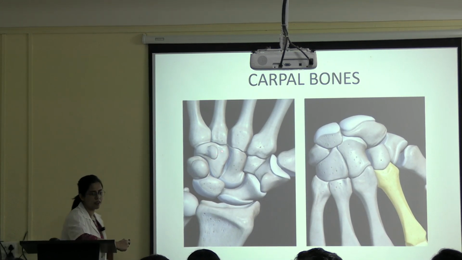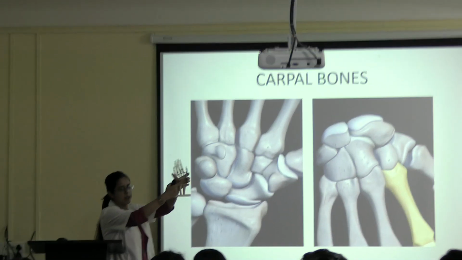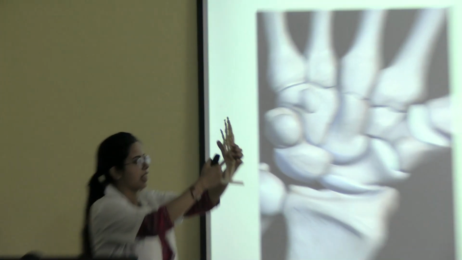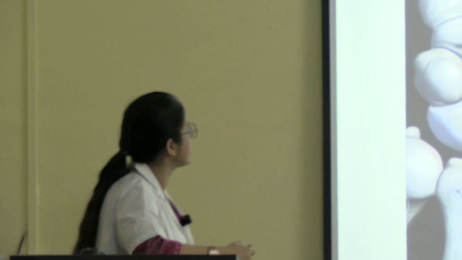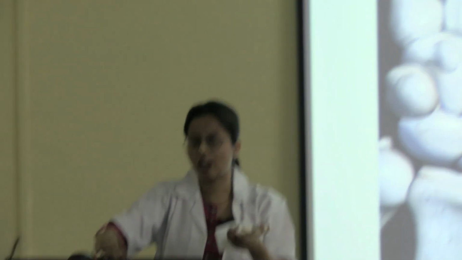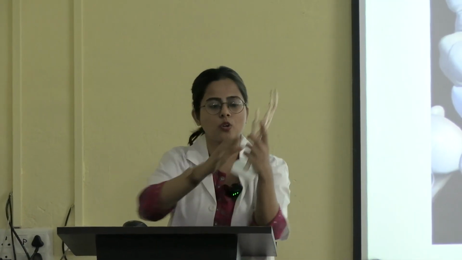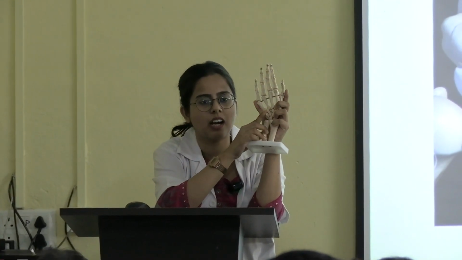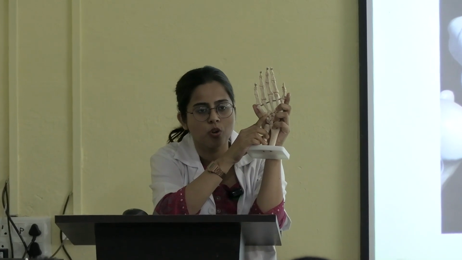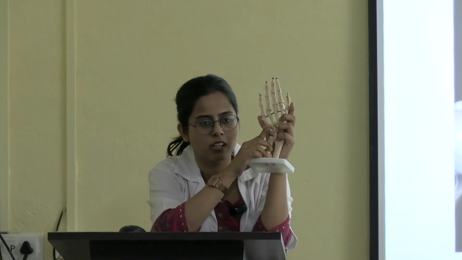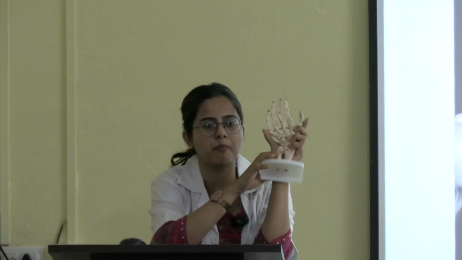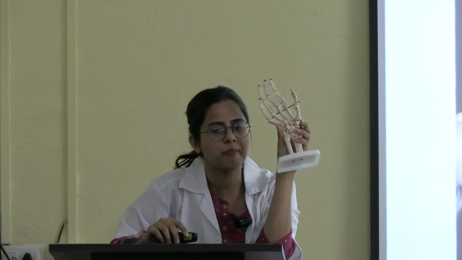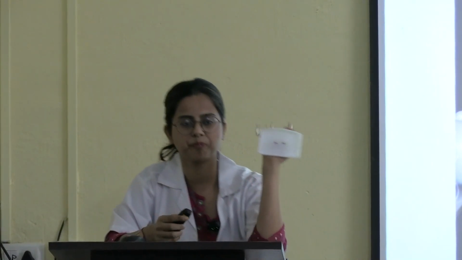Now this bone is known as hamate. This is the hook of hamate. See, this is the hook of hamate. Now hamate has an important relation with ulnar artery. Whenever this hook of hamate or hamate gets fractured, it will affect ulnar artery and ulnar nerve. So all the muscles supplied by this nerve and all the sensations provided by this nerve will be lost. This is the clinical correlation with the hamate bone.